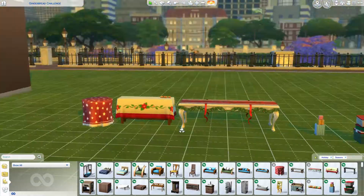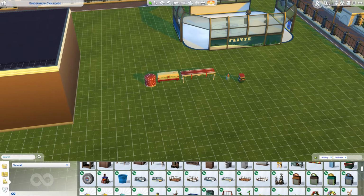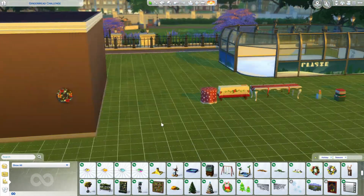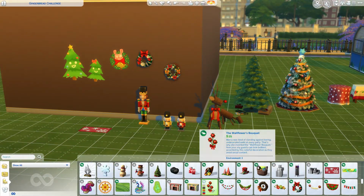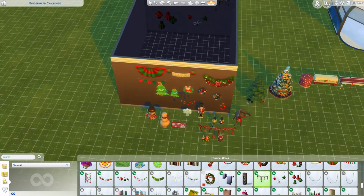Today we have a very festive, very Christmassy, or if you don't celebrate Christmas, that's okay, very just festive holiday fun build for you. So basically,